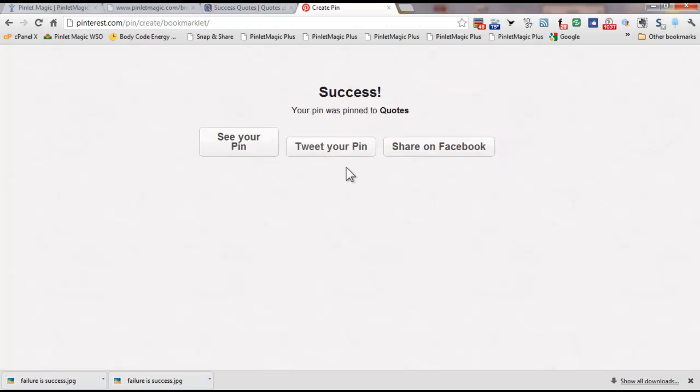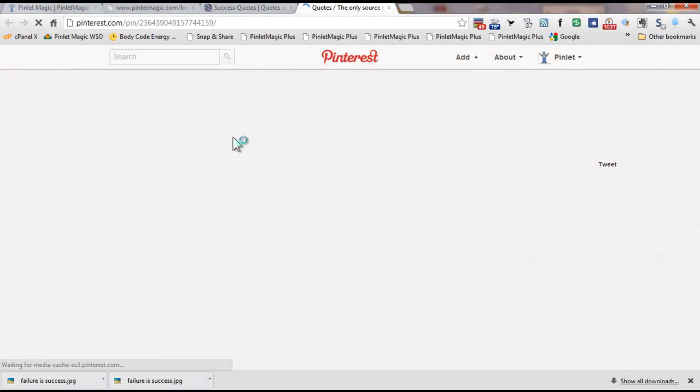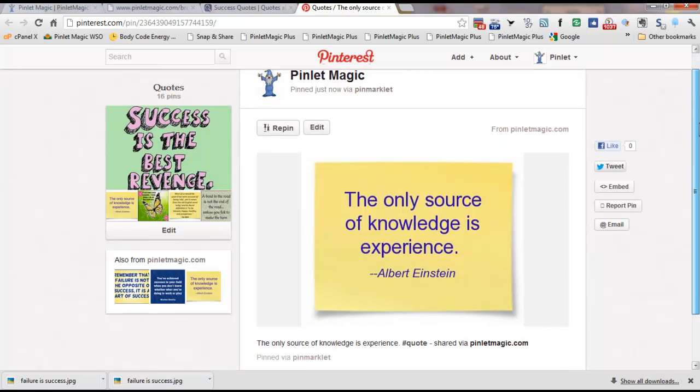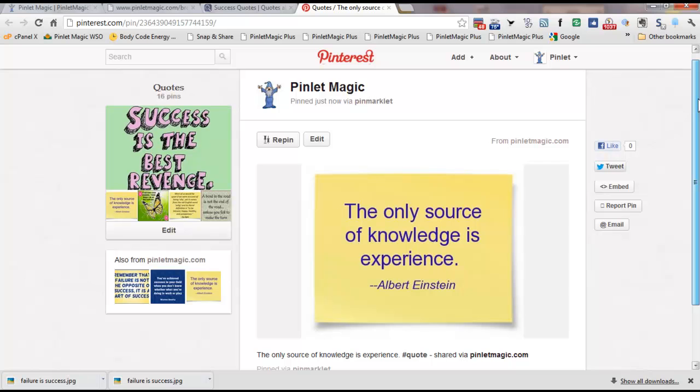And then you have another opportunity to share it on different social media sites here, tweet it or share it on Facebook. I'm just going to look at the pin. And yeah, I like it. It turned out quite nicely. So now we can go back to the Pinlet